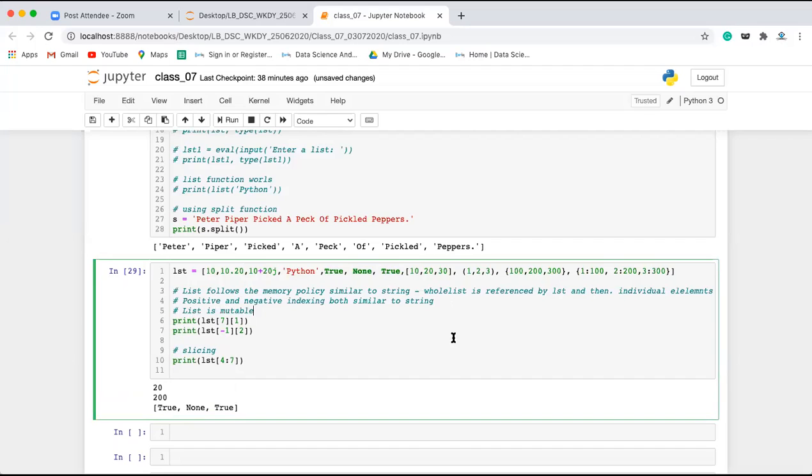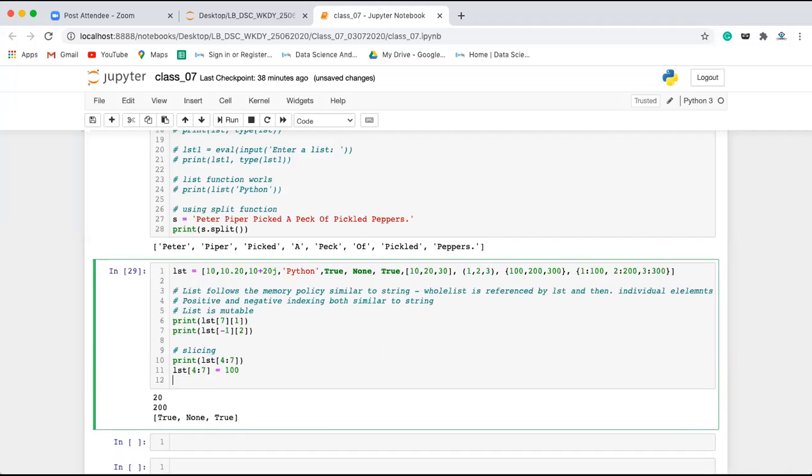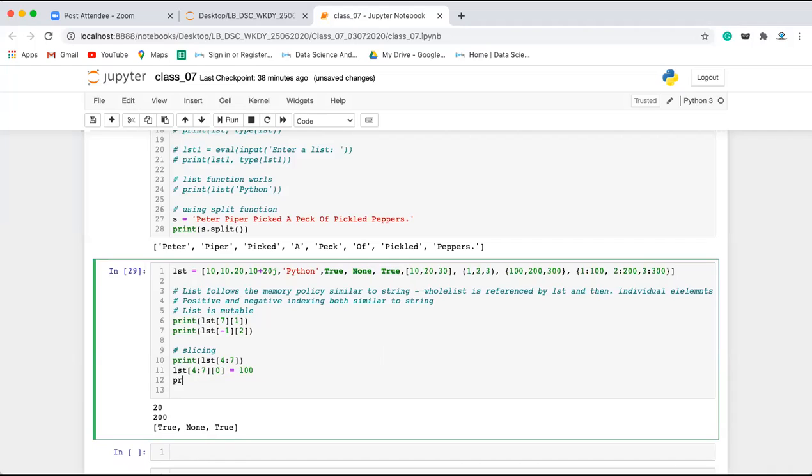Okay, but if you make any changes inside this list, it will not make any changes to the existing list, or the original list. For example, if I write LST of 4:7 is equal to 100. Okay, now for column 7 of I will write 0, is equal to 100. Then if I will print,